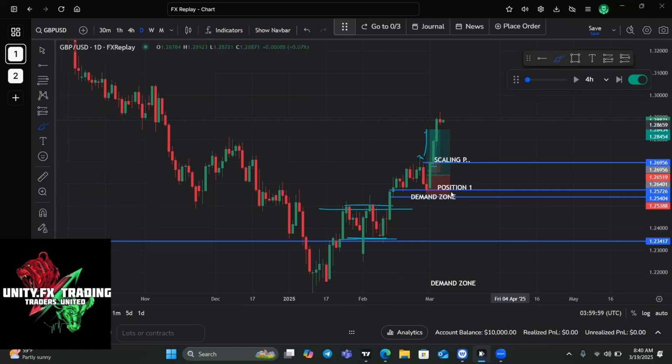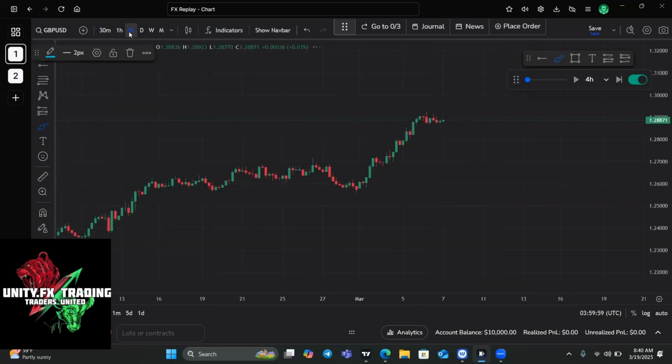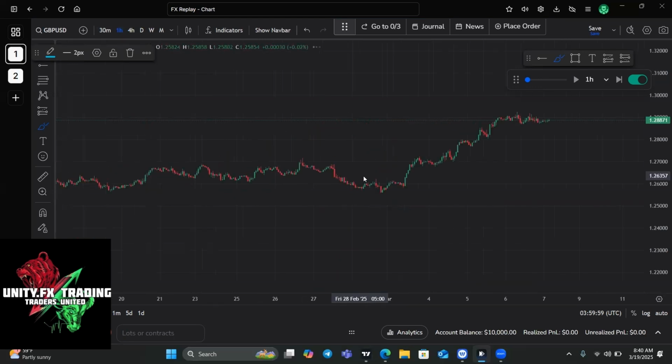demand zones here. As soon as this demand zone was created here, we knew that all of these positions here, all of these sellers here, have to get liquidated. They also have to come and liquidate the sellers here and the sellers here. Hence, we took our buy position on the newly created demand zone here, and we were confident to even do a scaling position